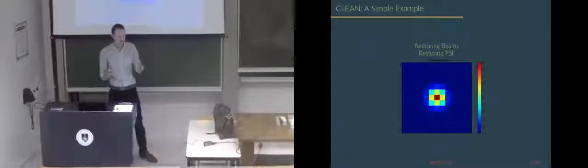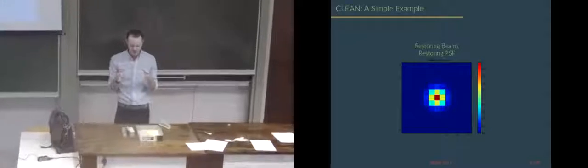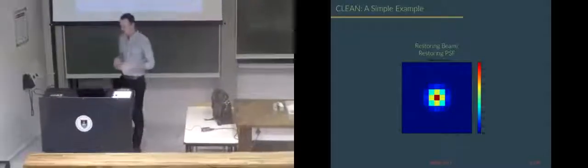And so, say this is our main lobe, and you can fit a Gaussian to it, and this is now our restoring beam. This basically says, we don't have any idea about the resolution of the source, so we can't say it's a delta function, but we know the reasonable, typical resolution of our array, and let's just say it's a Gaussian.